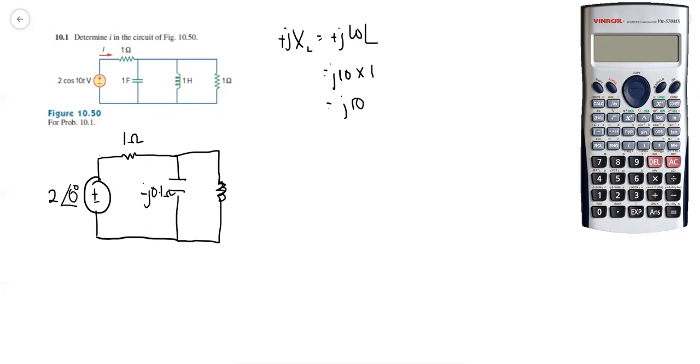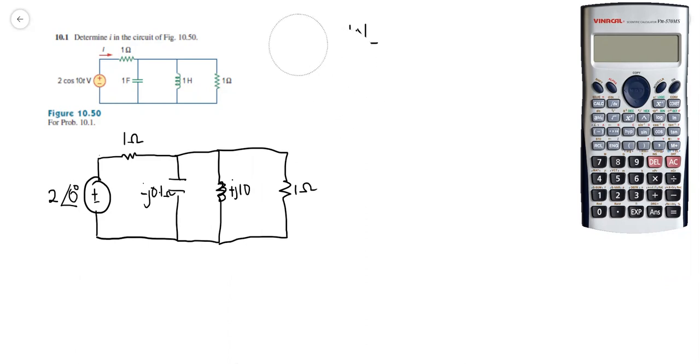This is the inductor, so positive j 10. And you have another resistor value, which is 1 ohm. We ignore the current here first, because right now our concentration is on getting the nodal voltage